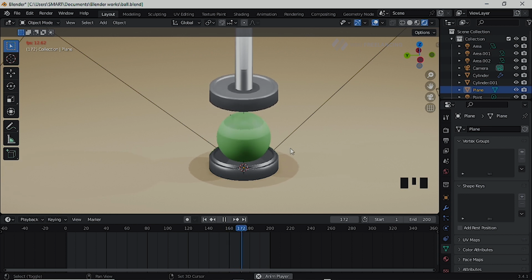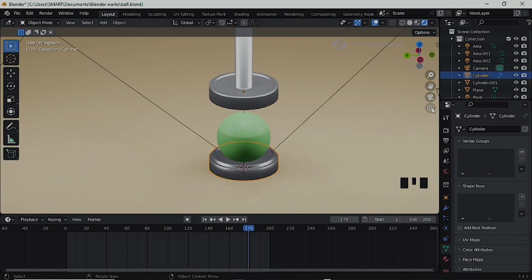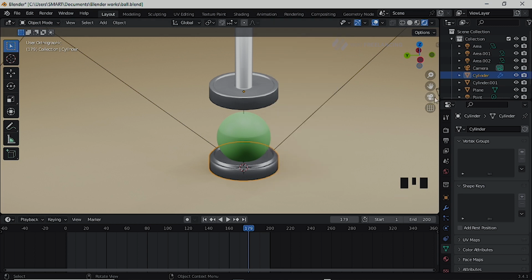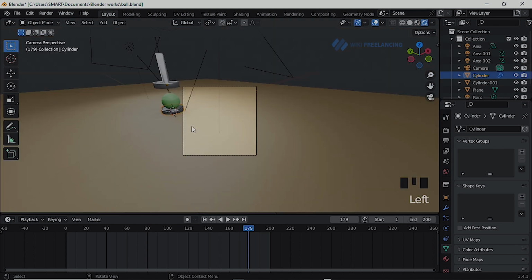Okay, the animation is done now. There are a couple of things you need to do. For example, you can set this from perspective mode to orthographic mode. Now it's time to add the camera. The camera is already there, but if it is not there, you hit Shift A, go to camera and add the camera. And when you click on this camera icon here, you see where your camera is